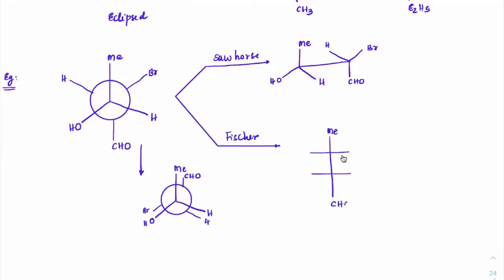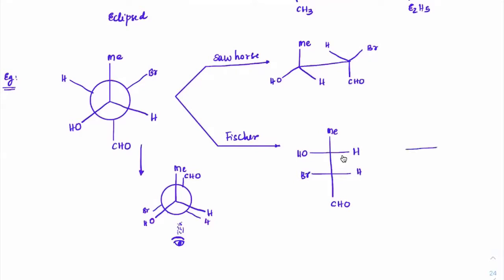So with respect to methyl, the way you have to view it is from this side only, right? From this side you have to watch it. Okay, so from this side if you watch it, what would happen? These hydrogens are on the right hand side, this OH and Br on the left hand side. So you can see these two hydrogens, and here we have OH and Br. This is the Fischer projection.